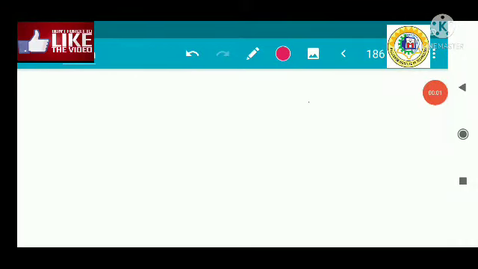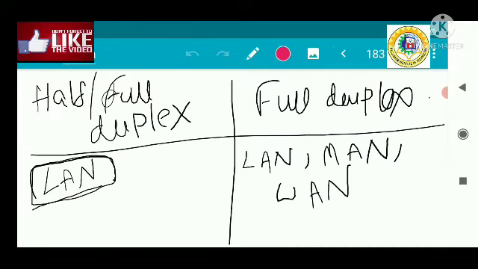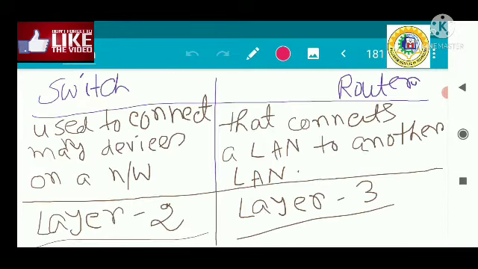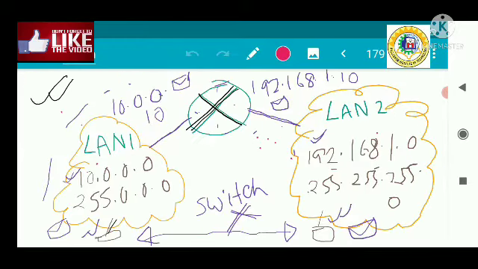Okay, so up to now we have discussed the router, the basic concept of a router, its importance, the basic difference between a switch and a router, and the IP address configuration when we connect them. This concept is very important. When we connect two different LANs, the router comes into the picture, and the switch is used inside a LAN. Whenever a computer within a LAN wants to send a message to another computer on another network, the router comes into play.